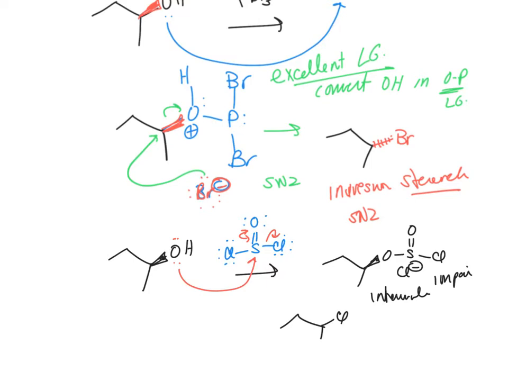And part of it might even be this ion pair is somewhat like this. So you don't have to worry about stereochemistry. No worries on stereochemistry with thionyl chloride. Okay, so that is how you would want to make your alkyl halides from